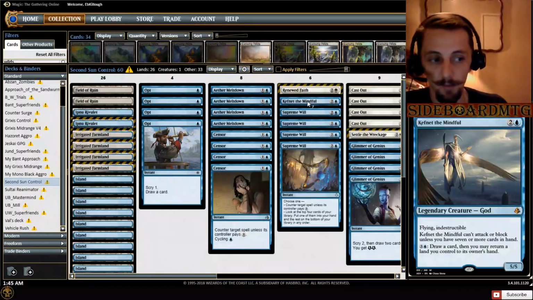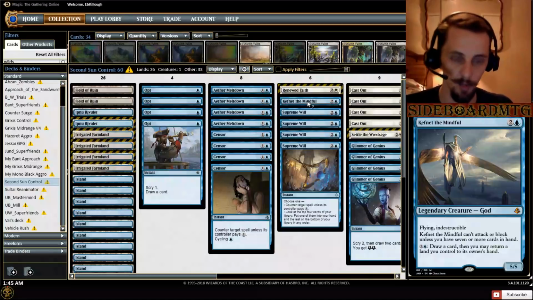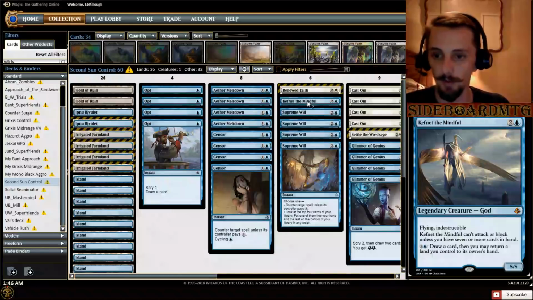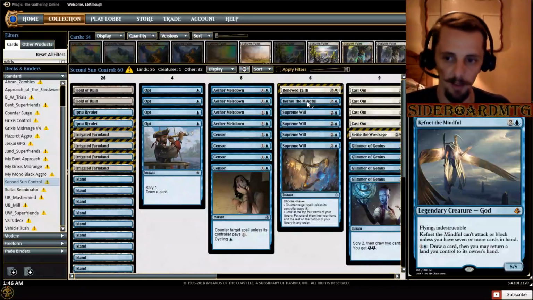And then if you don't have the approach win, you can just throw Kefnet down in a control mirror, and if they can't remove the Kefnet, then you're just going to start cracking in every turn for 5. And it's amazing how much work can get done with Kefnet if your opponent can't deal with it. So that's pretty good. I like a turn 3 Kefnet, especially if you don't have to expend anything else and